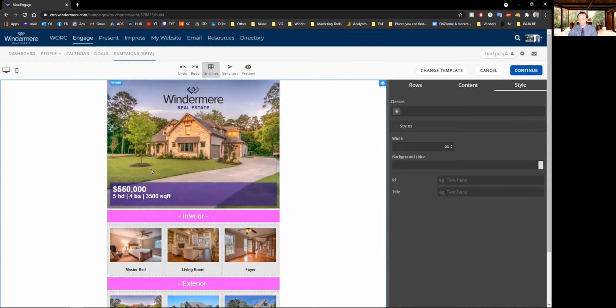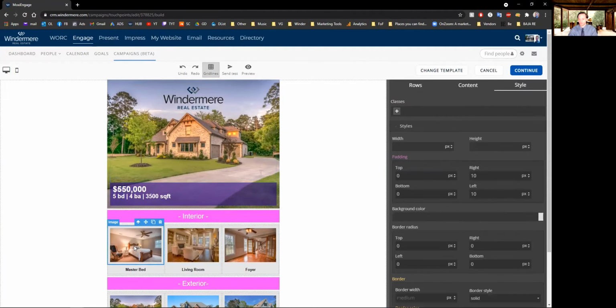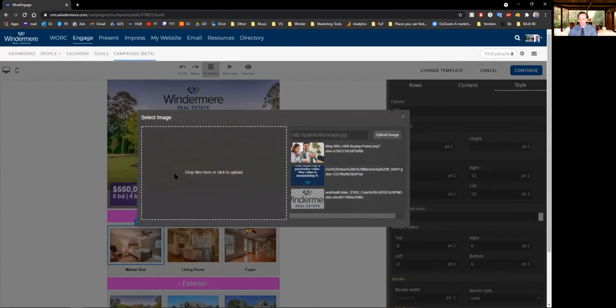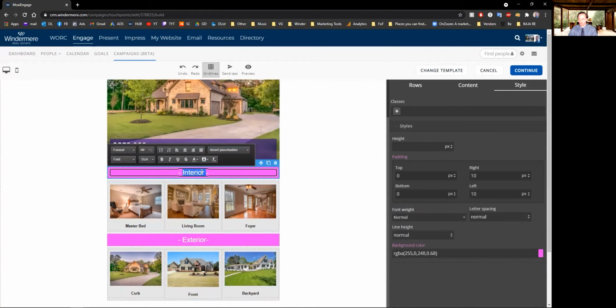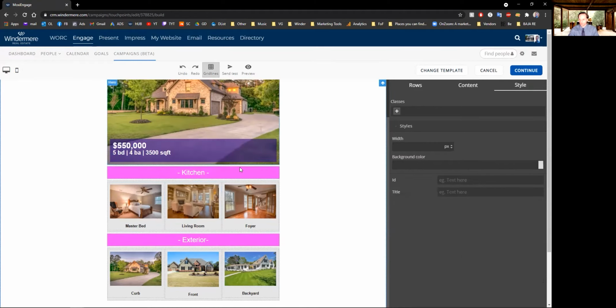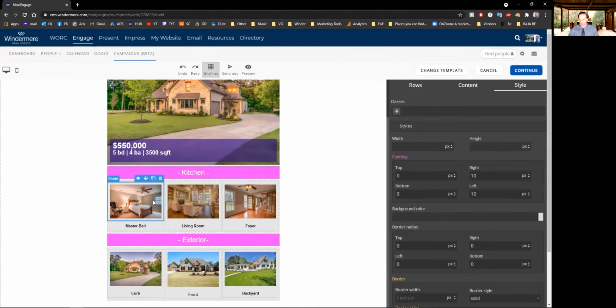Obviously, you're going to want to come here and select these images, double click to open them up, and change them to whatever you want that you have for your listing. So you can modify this however you're needing. Maybe you want to change this to kitchen. Okay. Maybe we want to